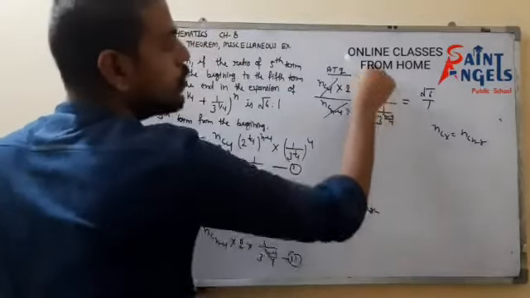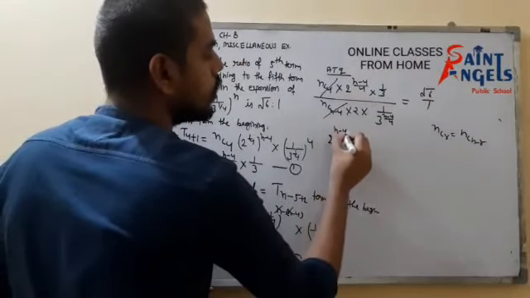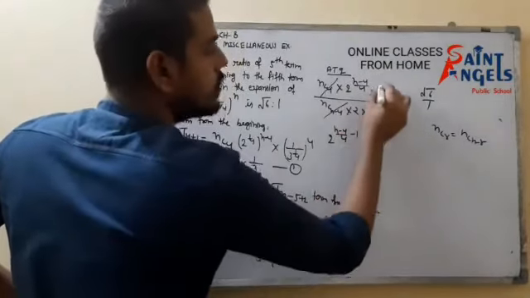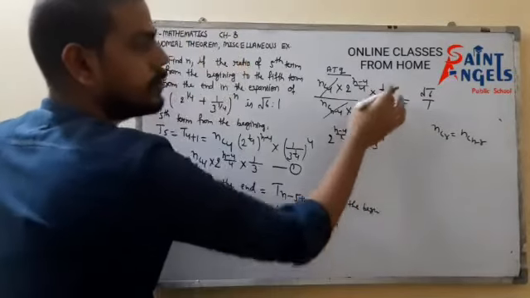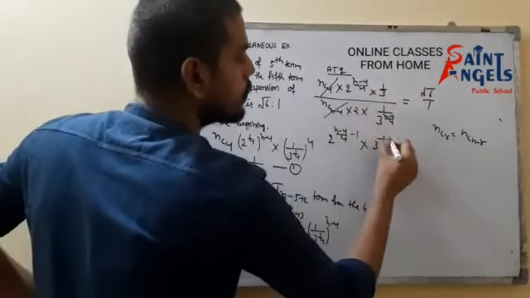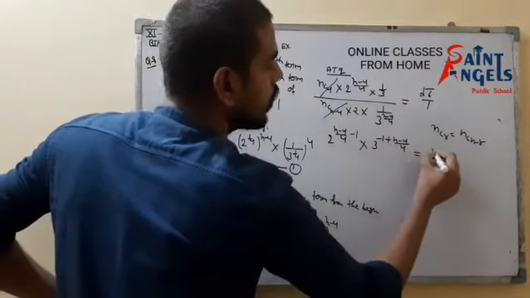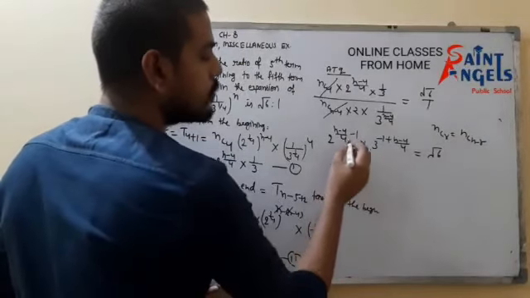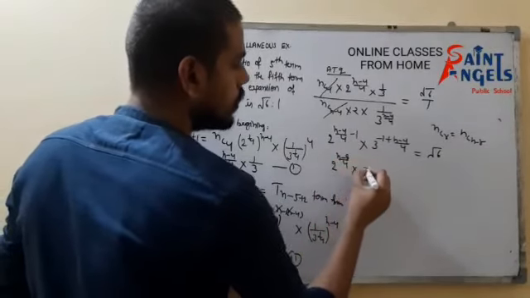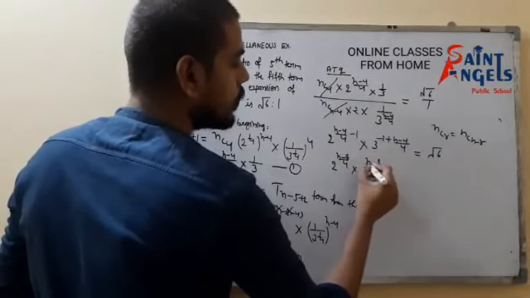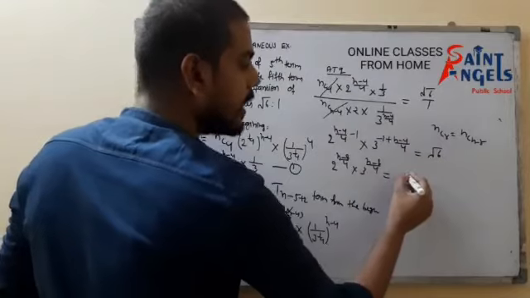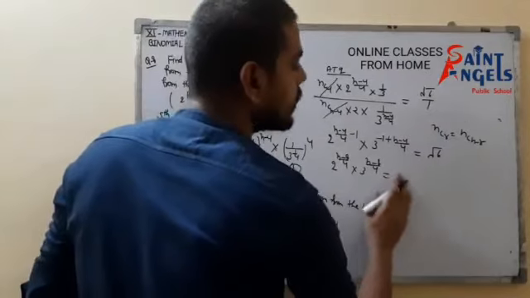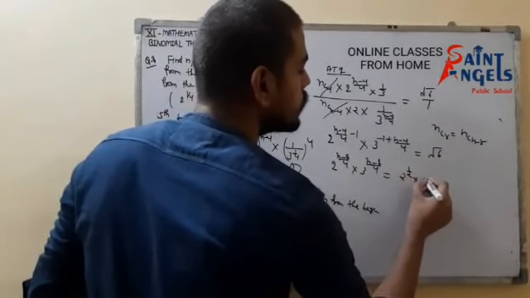Now take this power of 2, so that is 2 to the power (n minus 4) upon 4 minus 1, and 3 to the power minus 1, and this power will become plus, so plus (n minus 4) upon 4, equals root 6. Now 2 upon 4 with LCM gives (n minus 8) upon 4 for the 2 and the same for the 3. So (n minus 8) upon 4 equals, can I say, root 2 into root 3? Or I would say 2 to the power 1 by 2 into 3 to the power 1 by 2.